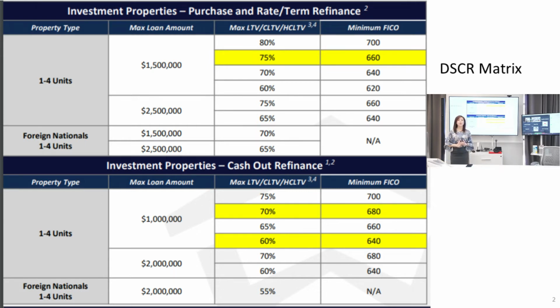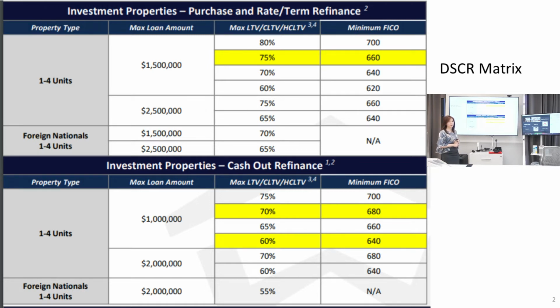So of course, for the trade lines, we need a minimum of 3 trade lines, and each trade line has to be over 12 months. So we have to look into that. But besides that, we look into the credit score, and we look at the middle credit score. The middle credit score is not the highest one, not the lowest one, but the one in the middle, right? So in this case, for people who buy a 1 unit property or duplex or 3 unit or 4 unit property,